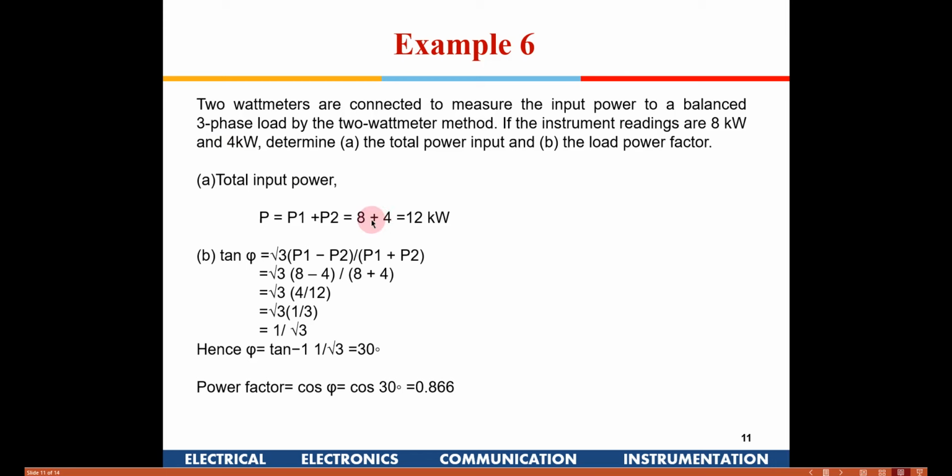It is possible that in the theory class, in that example, I had put a negative value there. So you have to be careful. If it is given as negative, just do an algebraic sum, so the total net power will change accordingly. So 8 plus 4 is 12 kilowatt.